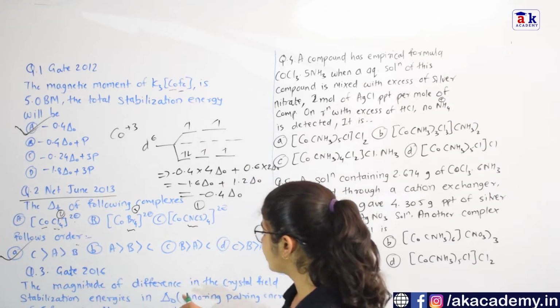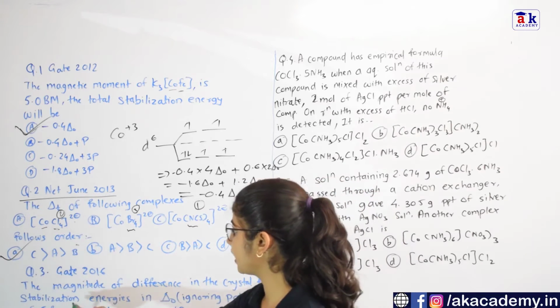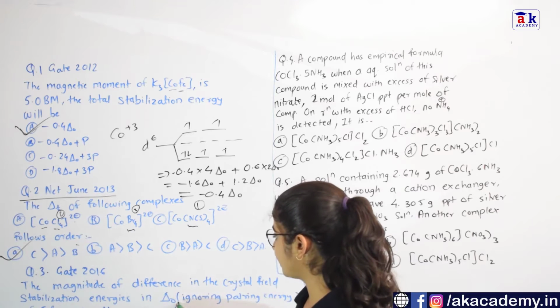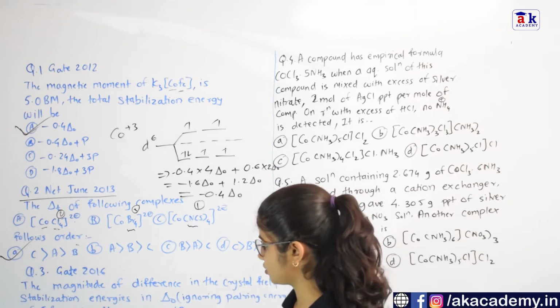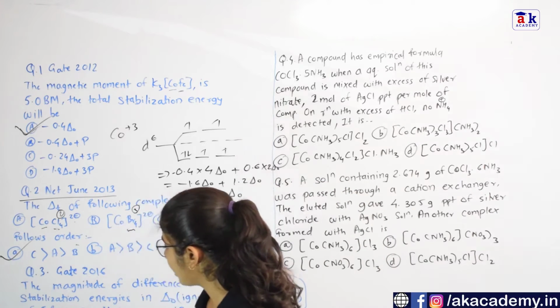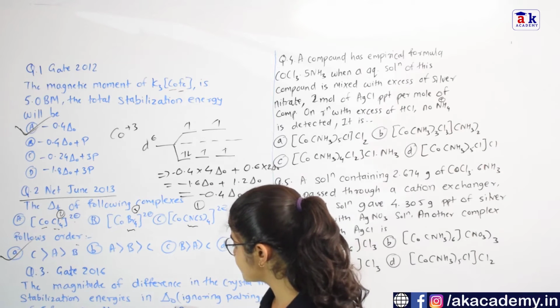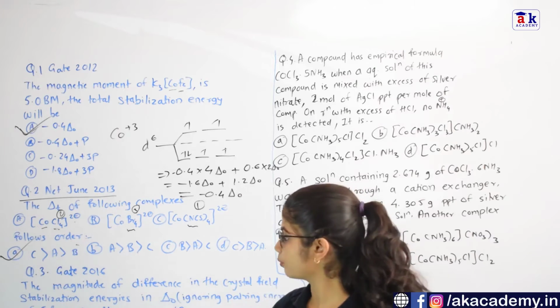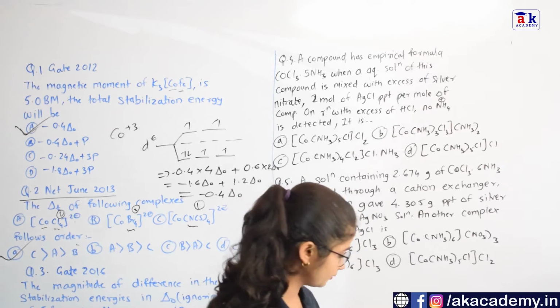The magnitude of difference in the crystal field stabilization energy, the difference in CFSE values in octahedral complexes, ignoring the pairing energy, of [Fe(H2O)6]2+ and [Fe(CN)6]4-. Here if you check in these two questions, the complexes are